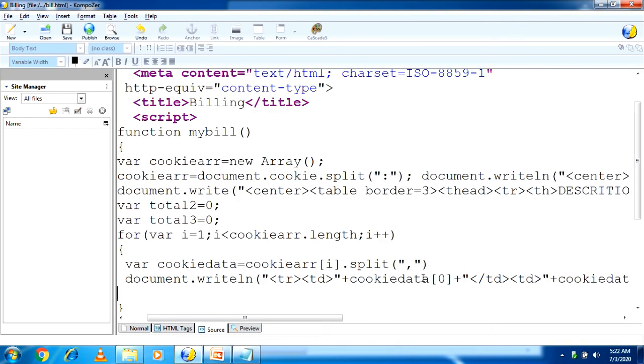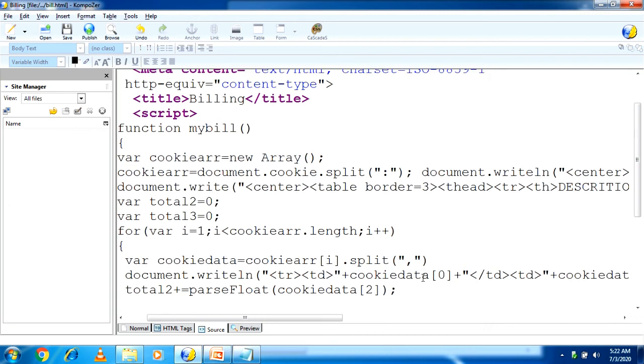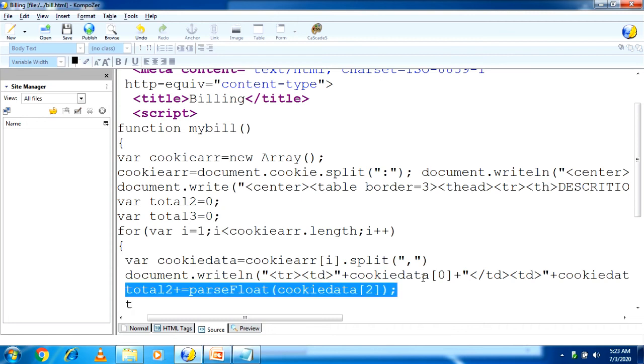Okay. Now next line, total2 += parseFloat. parseFloat means your value will be converted into a float, that is, a decimal value. cookieData[2], so total2 will be stored for cookieData[2]. The cookieData[2] value will be stored in total2, and the same line I am copying here.